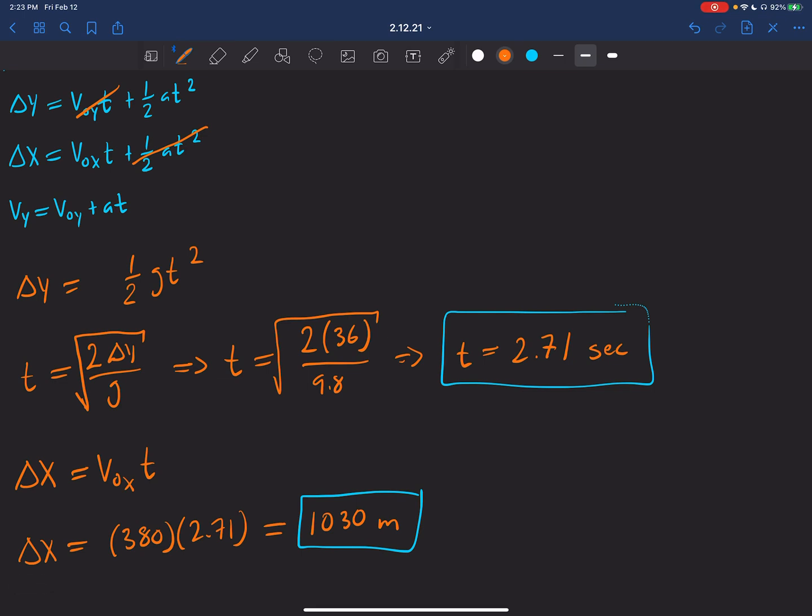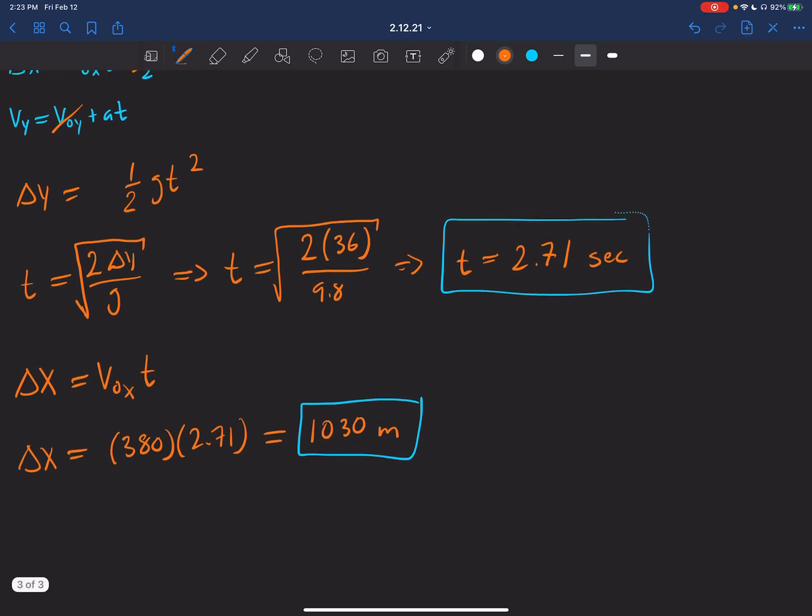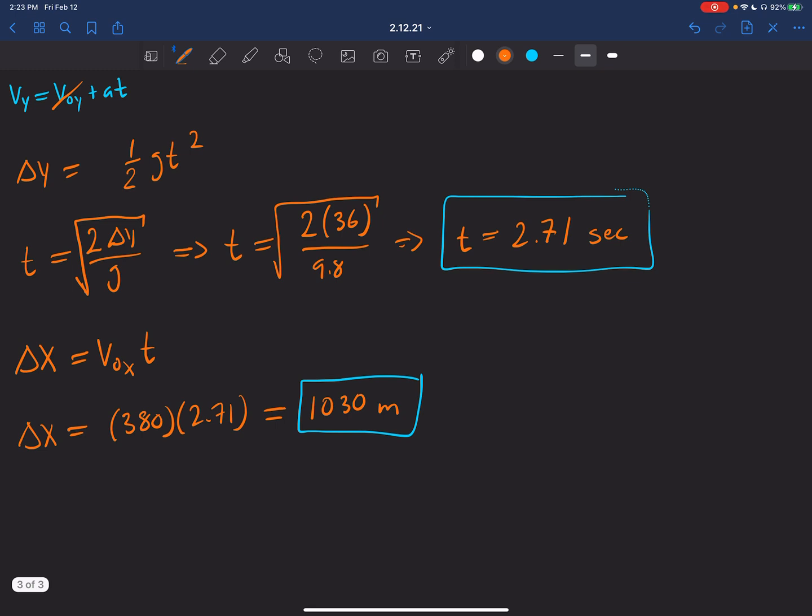And because the projectile was fired horizontally, just like we did for the first part of this problem, we can say that its initial velocity in the y direction is 0. So we can just cross that out. And now all we have to do to find the magnitude of that vertical component is just write